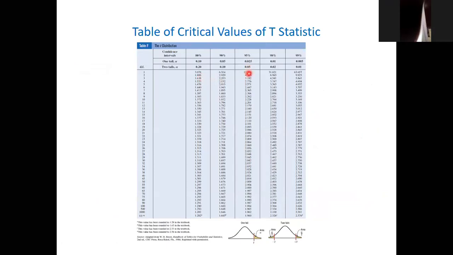Let's look at 95%. 95% confidence level, you're talking about 0.05. Look at this column. You will see that for 1 degree of freedom, the critical value is 12. And for 2, 4. For 3 degrees of freedom, can you see? As the degree of freedom increases, as the sample size increases, the critical value becomes lower and lower and lower, because you know that the base of T is wider. So it makes the critical value to be big.